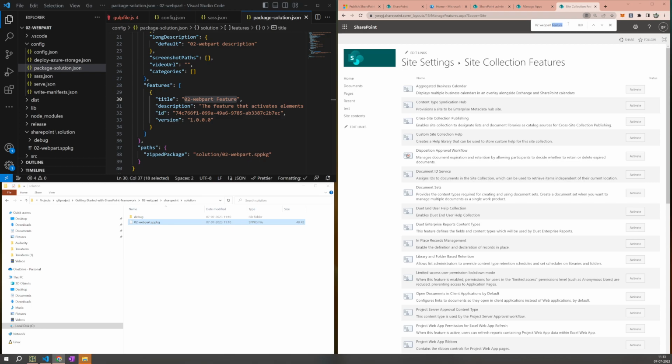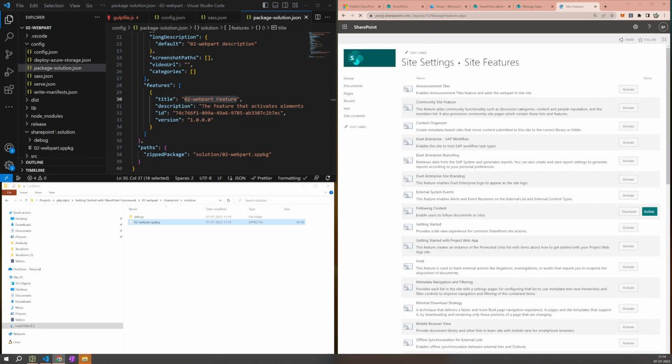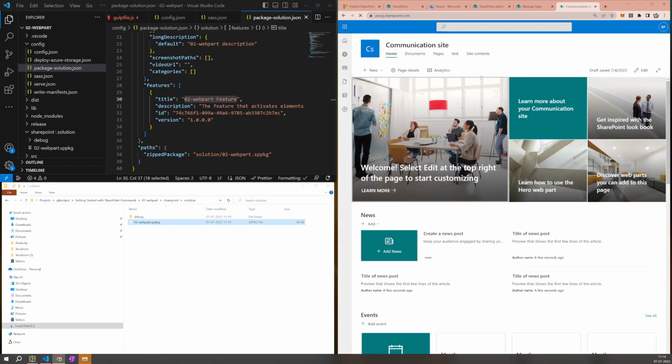It's not there. I think we have deployed globally, so that's why it's not showing here. We need to check the globally available feature, right? It's there, but it's deployed globally, so that is why it's not visible. What I will do, I will